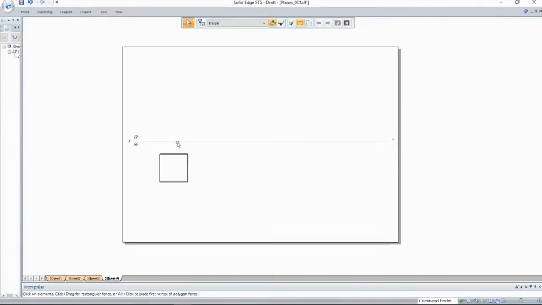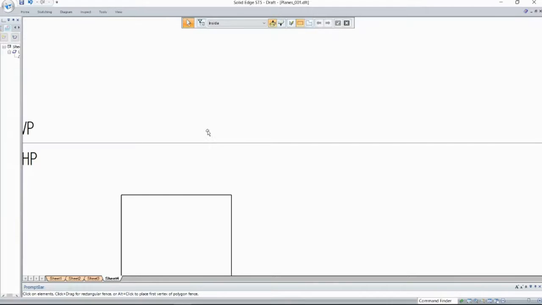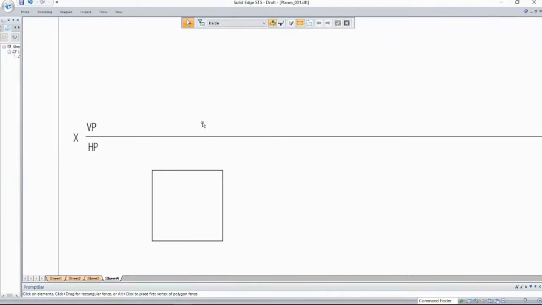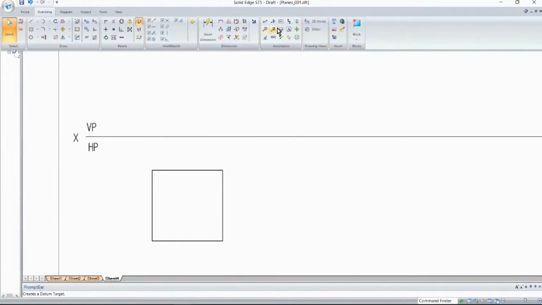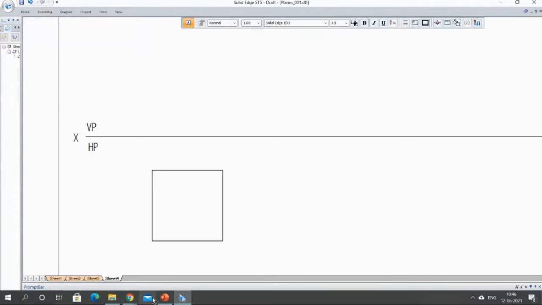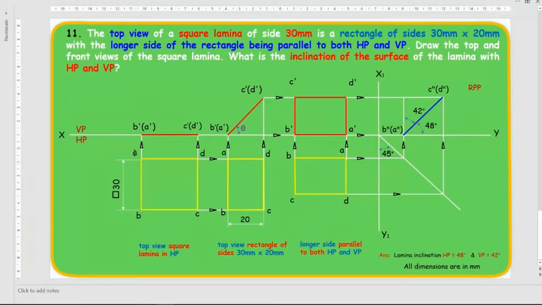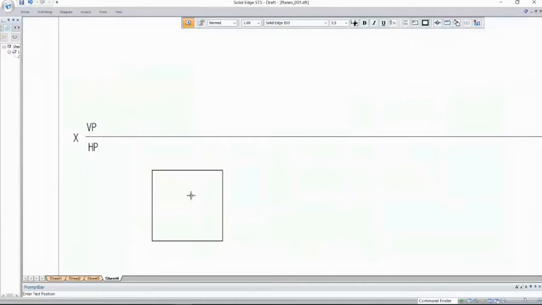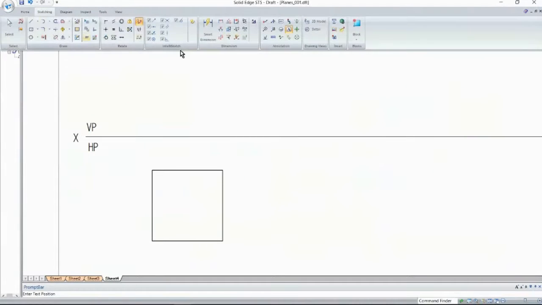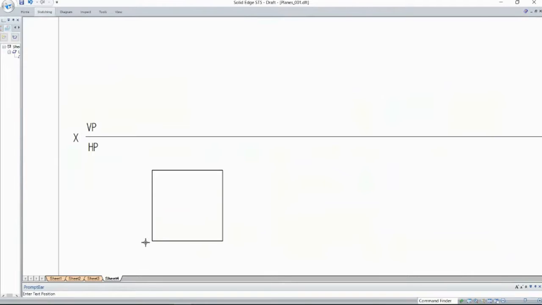After this, it's better you name this square. I'll name it the same as here: A, B, C, and D. Take a text and write down the namings. This is the top view, divided by A, B, C, and then D here. And once you are done with the namings,